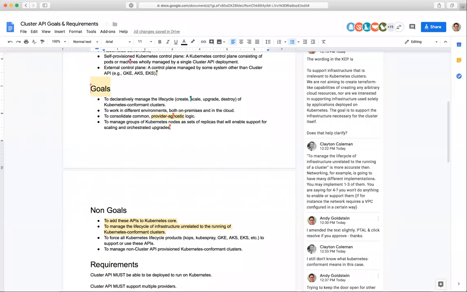Jason? Possibly hibernate. What was that, Hardik? So possibly also hibernate clusters. On a cluster, you should be able to. For the development clusters, at least, we wanted to shut down a few nodes and a few of the control plane components for the time being. We call it hibernate, and then when the user wants to start developing again, he can just wake up the cluster and get the same state back. It's very easy to do with the given machine controller and so on. That turns out to be a very nice use case.